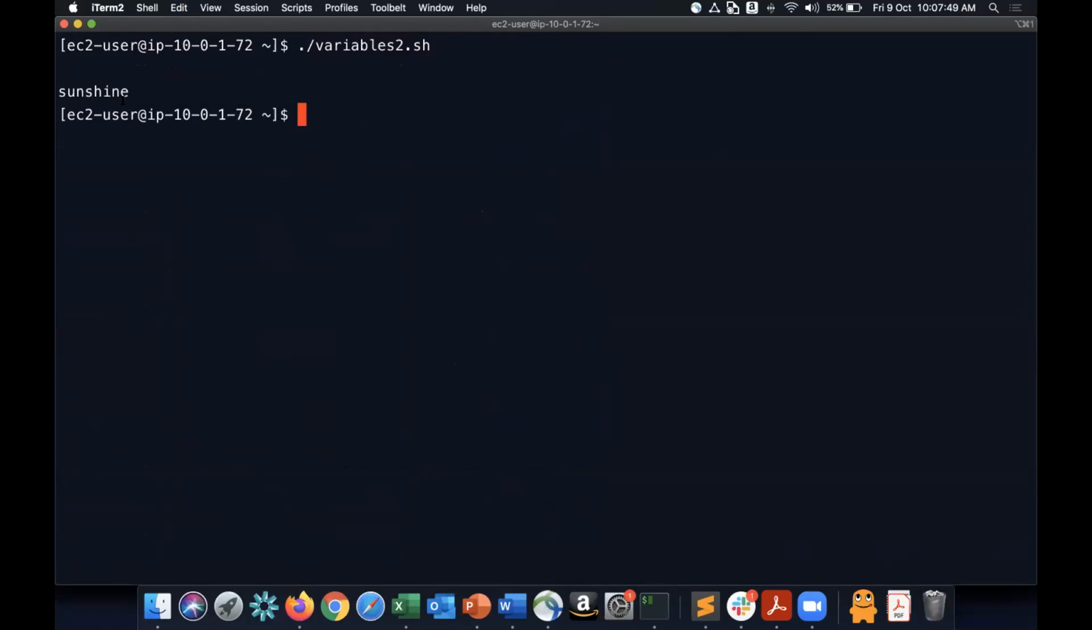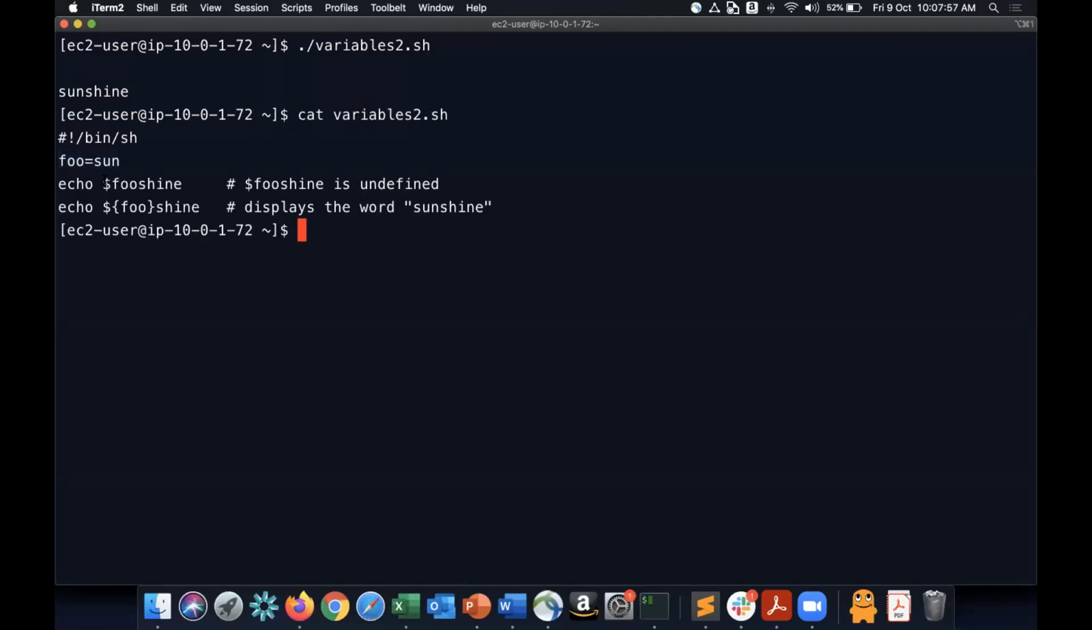Okay, foo is the sun. In this case, it gave it as empty because dollar foo shine is actually undefined. When you use dollar, it will consider this whole thing as a variable, right? Had you given a space between these two, then it would have taken foo there. But you're not giving any space between foo and shine, so it's taking that whole foo shine as a variable and it's getting undefined. Whereas if you put it within curly braces, it means that this is the variable,